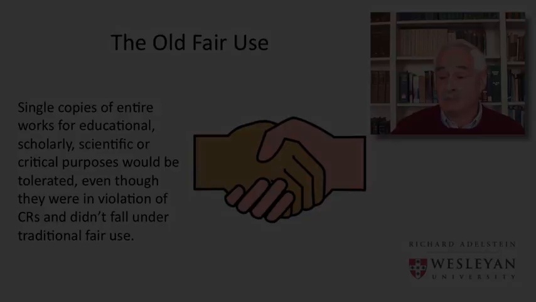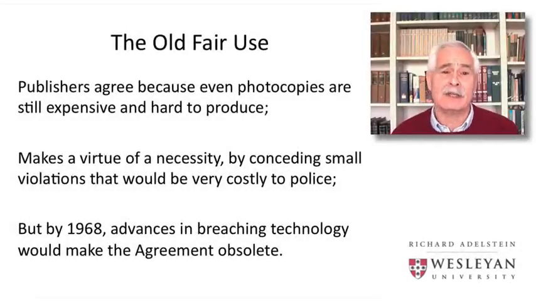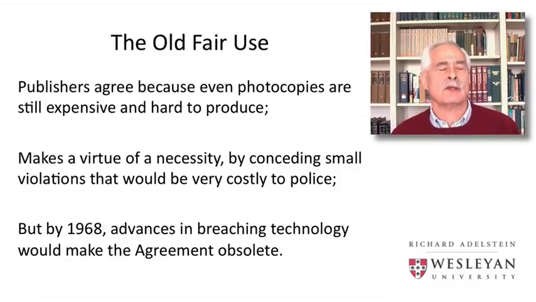primarily because the entire work was being copied. The publishers agreed to this because even these photocopies made with those big handheld cameras were still expensive, they were still hard to produce, and there was not much of a danger that large numbers of people would photograph entire works rather than simply going down to the bookstore and purchasing that book for themselves. Moreover, the agreement made a virtue out of a necessity. After all, even if it were cheaper for some people to photograph a book than to buy it,